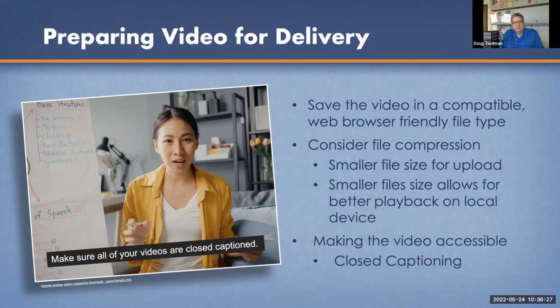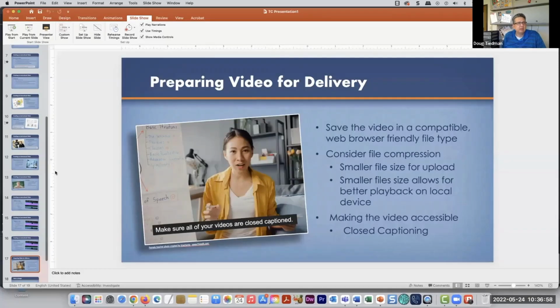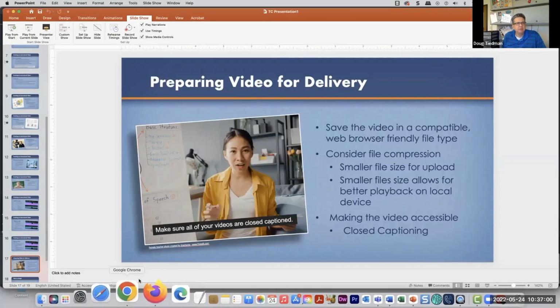Another thing that's really important with the videos is we want to make sure that they have closed captions for accessibility. I really would rather have put that at the top of the screen because it's of utmost importance. But usually when you save the video, one of the last things you do is the file or the closed captioning for that. There are different services you can use to create the transcripts for closed captions. One little trick you could use is, if you're putting your videos into YouTube,